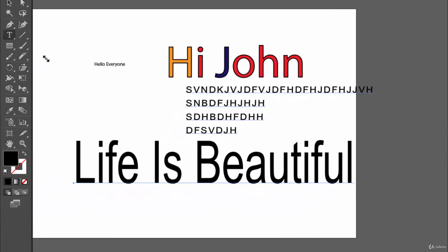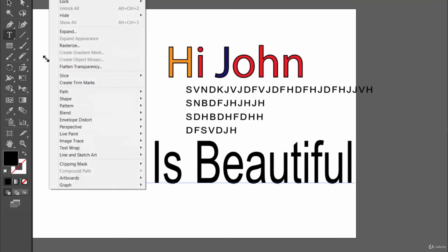In this lecture we have seen how we can work with the type tool, how we can increase the size of the text that we are writing, how we can increase the spacing between each letter, how we can change the color, and how we can even work with individual letter.